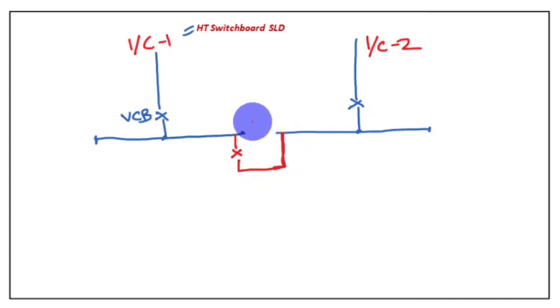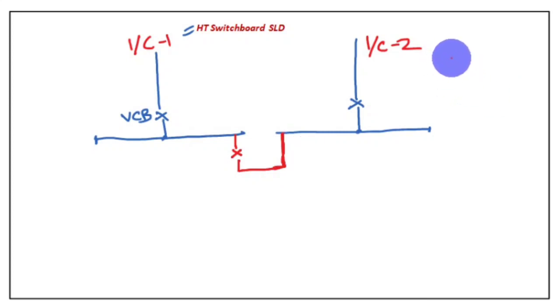With this representation in the drawing, you will be able to understand the GA if you draw the bus section like this, because all the breakers are vertically isolated. Breakers are installed vertically and they isolate vertically. So here I have drawn the breaker vertically, and then the bus bar comes down, goes horizontally and rises again. This is the bus riser and it is connected to the other bus section. So this representation is as per the GA.